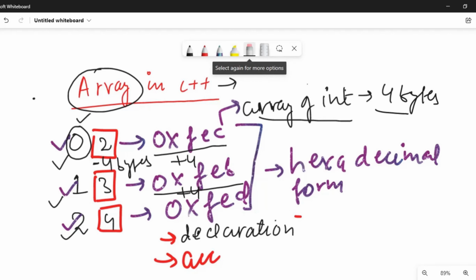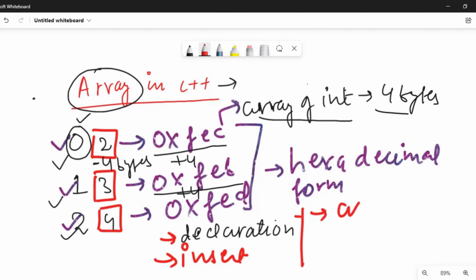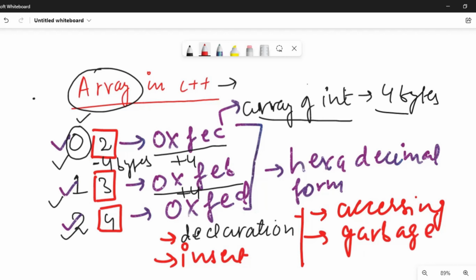Can anyone tell me? Before accessing, first I need to insert the elements in it. After that, my third task would be accessing the elements. And after that, my fourth task will be telling you the concept of the garbage value.